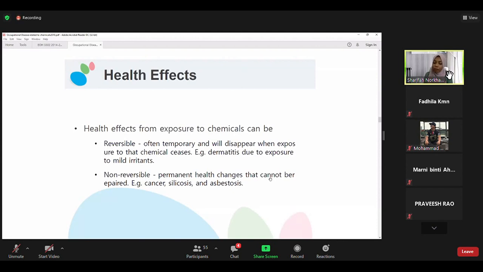For example, we have cancer, silicosis, asbestosis. Silicosis ni from the pendedahan or exposure to silica ataupun dust silica. It's maybe from the process of quarrying. Tahu quarry? So there is a dust of silica dalam tanah, particles of the soils, or perhaps you are working in manufacturing of glass, for example. So the silica from the process, you may get silicosis.